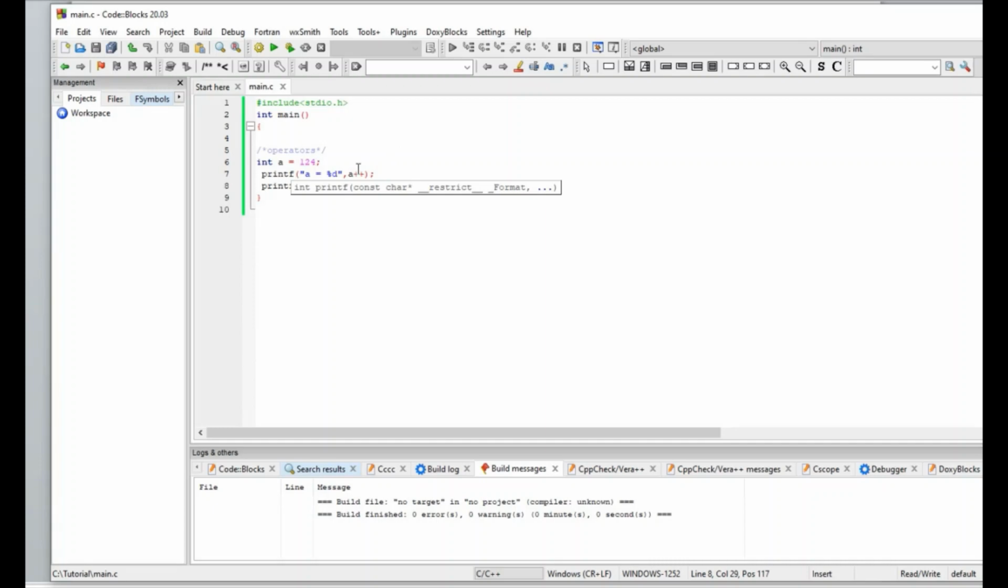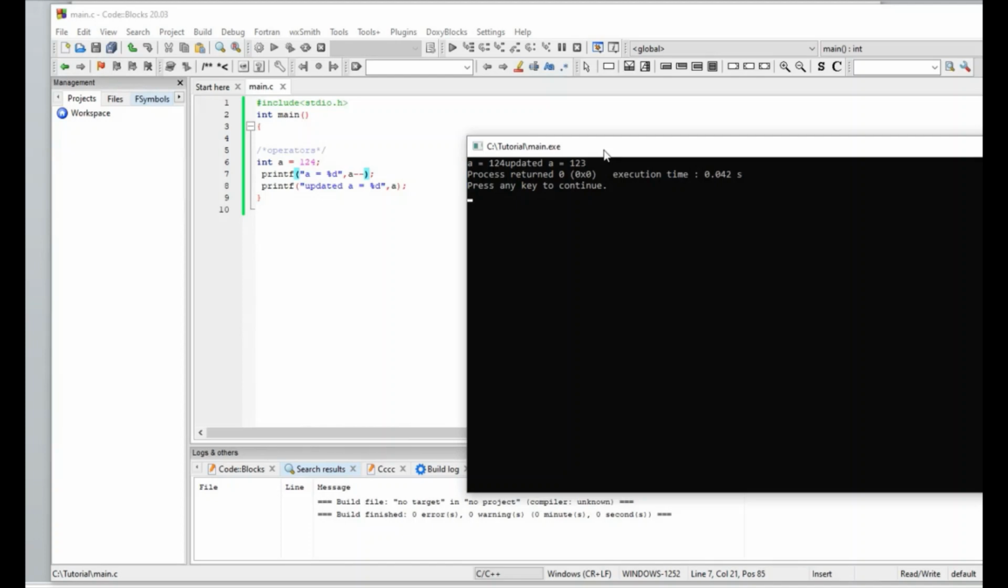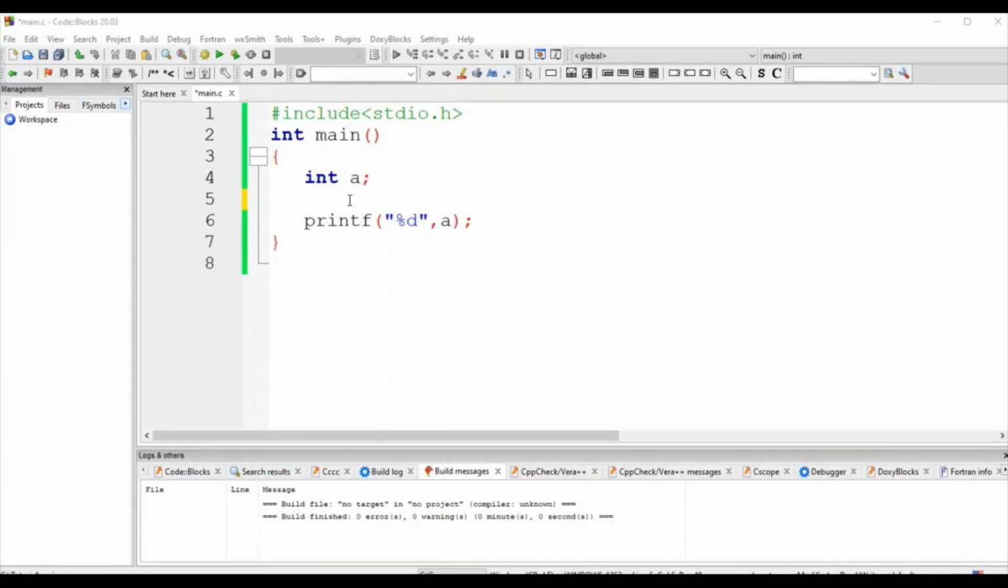Similarly goes for the minus minus operator. So I'll do minus minus here. You can see it has updated already. So here we saw the operators, and